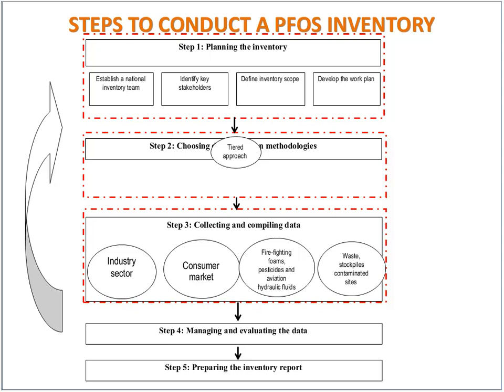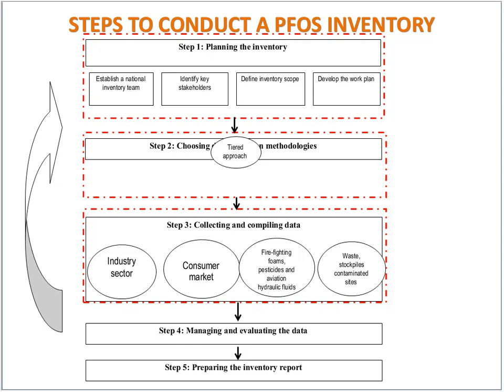Then what we believe is the most important part is the definition of the scope. The scope will depend on many different things, in particular the resources that you might have allocated, but also when you start compiling information and looking at your data and managing the data, you might understand that you need to go back and refine your scope. Maybe that's not the case, but the scope is something very important to have very clear because it will give you different results afterwards. Step 2 relates to the choosing of the data